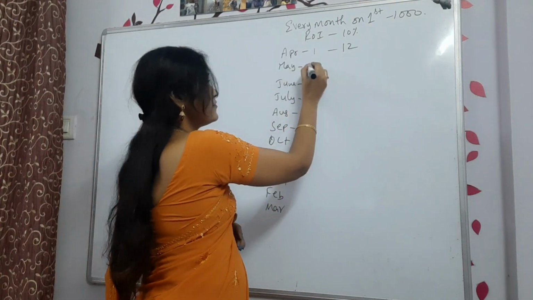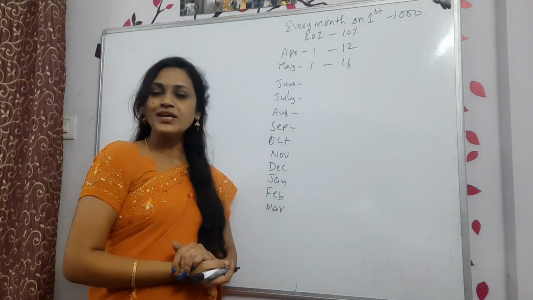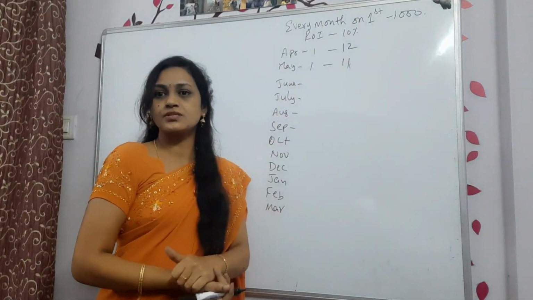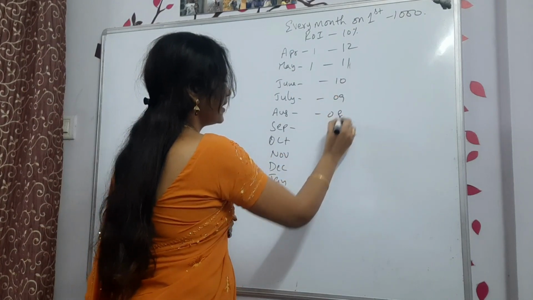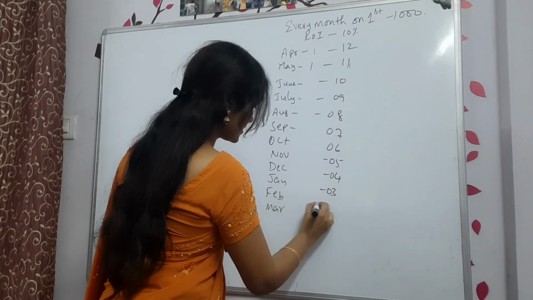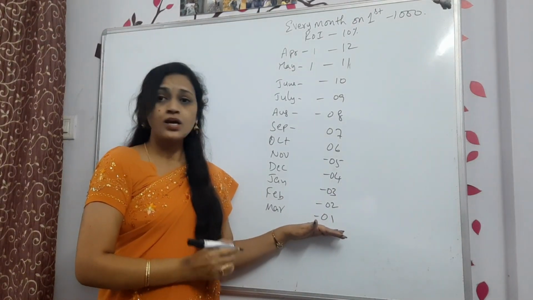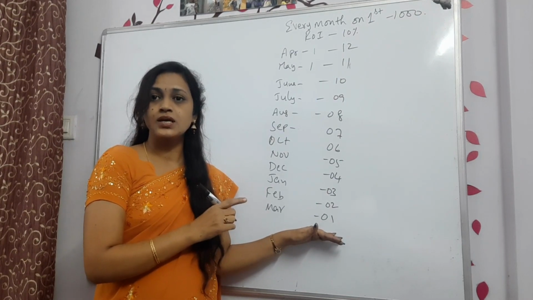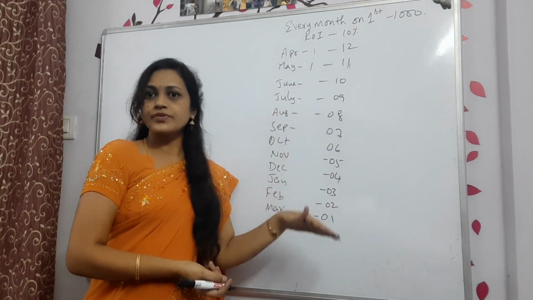But on May 1st you have withdrawn, that means we have only 11 months. For 11 months you used the amount, so why should you pay 12 months of interest? In the same way, here you have only 10 months, 9 months, 8, 7, 6, 5, 4, 3, 2 and 1. So if you withdraw money on March 1st, only 1 month is there. But we are paying interest for all 12 months, right? There is no justification. Correct?